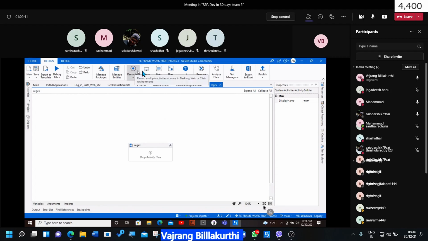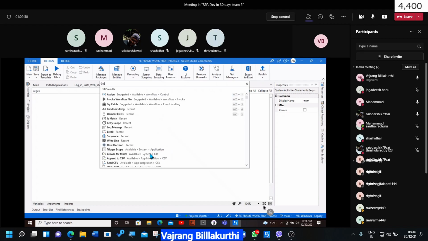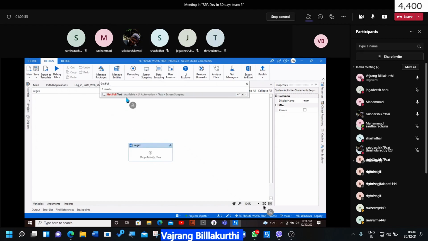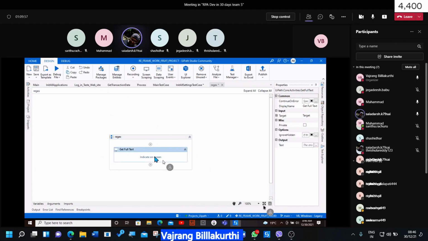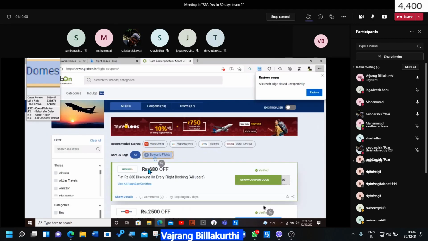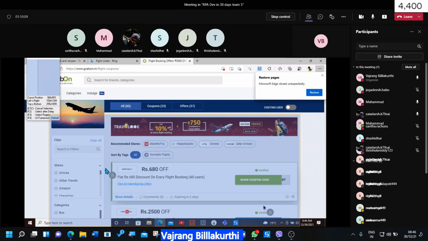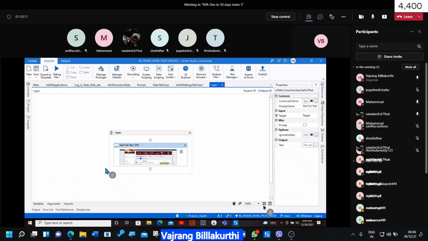Then let's do data scrape, or check with activities. Get full text, indicate on screen. Okay, I'm able to get it, but let's assume I'm not able to get all the values. So I will try to get all the information from here and write it into Notepad.